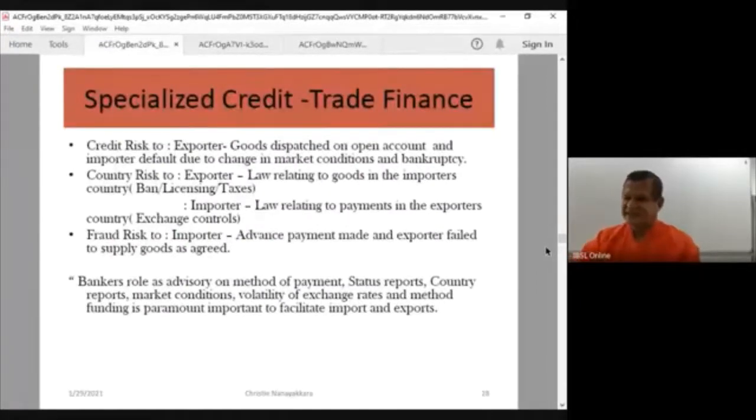I think last time we stopped somewhere here. I said I will summarize what we have done on the first day. What we did was we gave a definition to what is credit, and then what is risk, and what is management. So credit risk management is actually